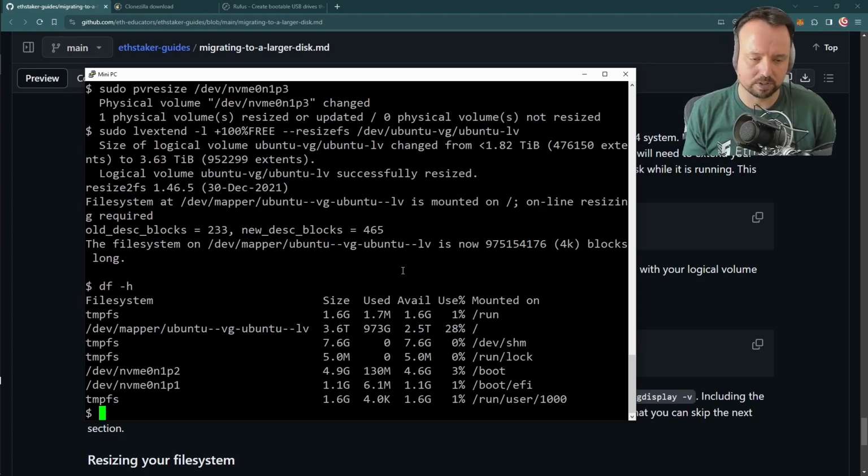My client restarted automatically, everything's working as intended, and now I have more space to handle these additional states that need to be stored. So what else should I be doing next? What is remaining here? Nothing much really. I could decide to wipe clean my other smaller SSD, especially if you're a staking node and